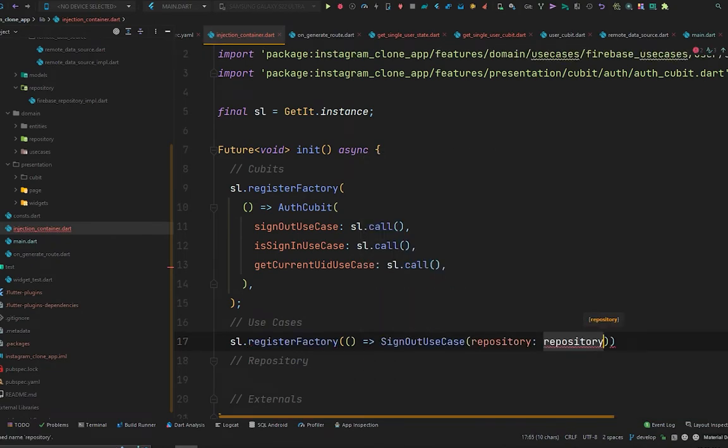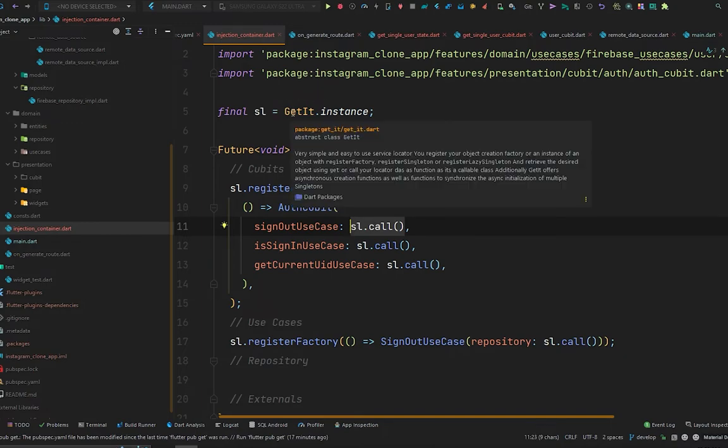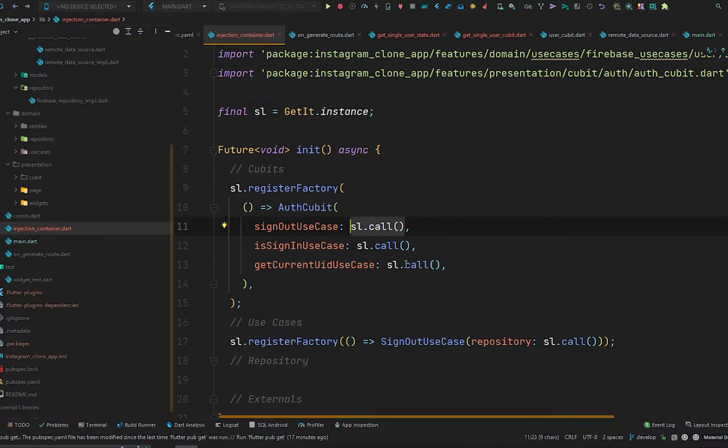case. It accepts the repository. Again sl.call. First forget this repository, I will explain this later. First focus on this common sl.call which we have in the Cubit. So when I did this sl.call, getIt will start looking for the registered types, and as soon as this type is registered here, getIt will resolve and grab it and instantiate it, and then simply pass it in here. And the same goes for the remaining two, the sign in use case and the get current